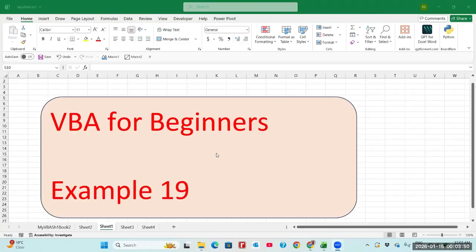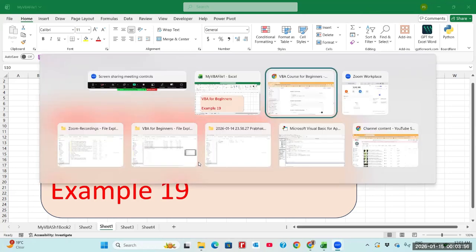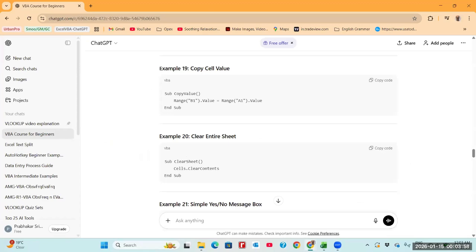In this video, we are going to check our 19th example under VBA for beginners. This particular code, the 19th example, is here. You can see that from Range B1.Value, whatever is there is going to be assigned to A1. So whatever is in B1, the same thing is going to be pasted in